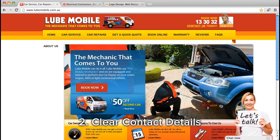So you need to be making sure that you've got clear contact details on your homepage. If someone's interested in whatever you're selling, or they have any questions, you want them to be able to easily find your contact number, your contact email, or find a contact form where they can get in touch. So I'd recommend putting it in the top right hand corner, and you can see here on the Ludmobile website